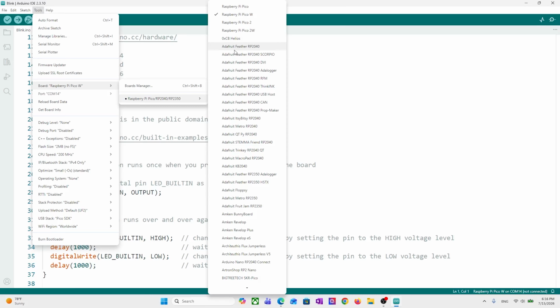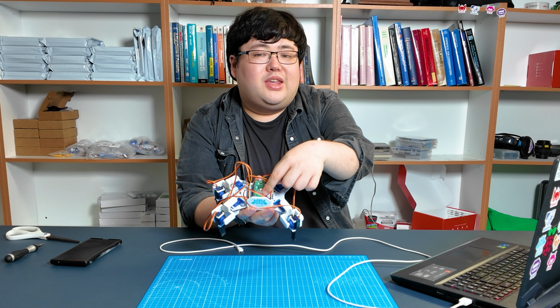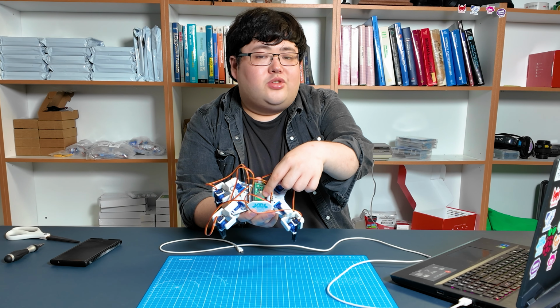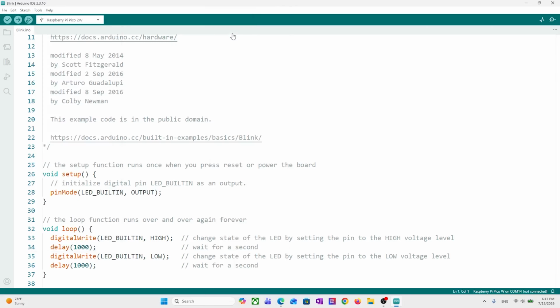You should be able to tell by looking at your board. So if it's a 2W, it'll say a 2W. If it doesn't have this silver part here, then either it's a Raspberry Pi Pico or Raspberry Pi Pico 2. There's different models, but make sure that you have the right model selected when you do this, and hit Tools